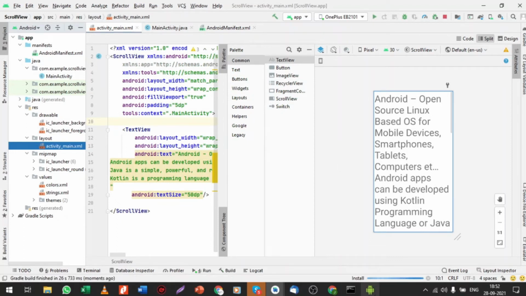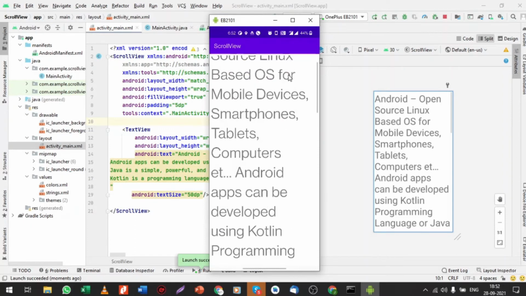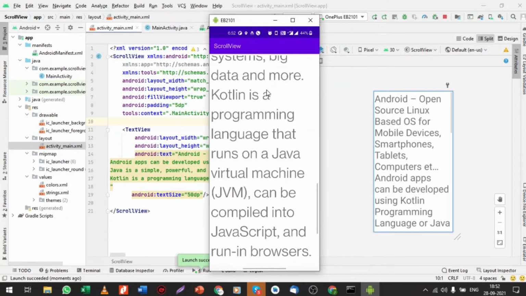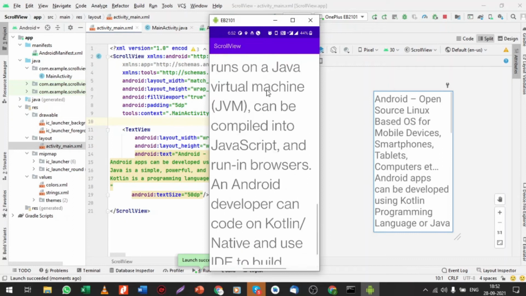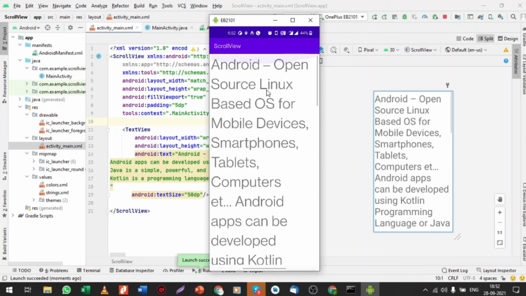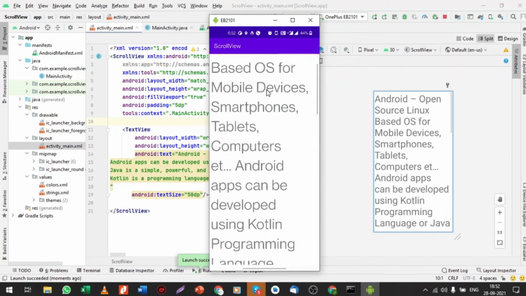So students, my app is installing. Just wait a minute. So now finally the application is launched. So you can see, let me just scroll this. So this scroll is working vertically. Fine. So this is nothing but my scroll view, but it works in a vertical layout. Fine. This is all about the scroll view example. In the next we are going to see the example of the horizontal scroll view.